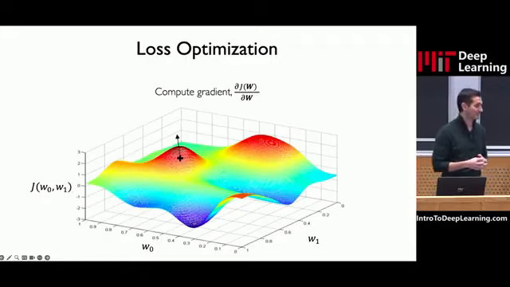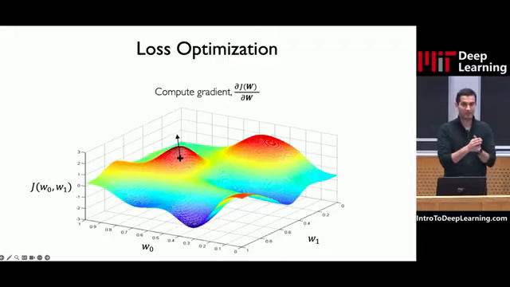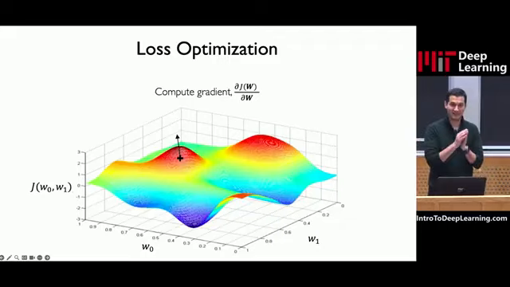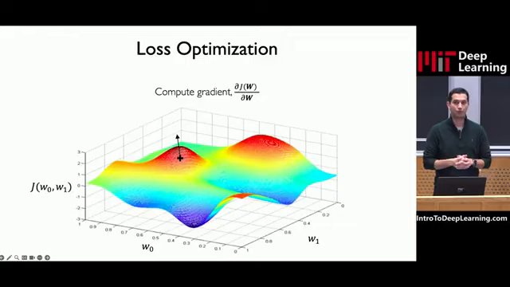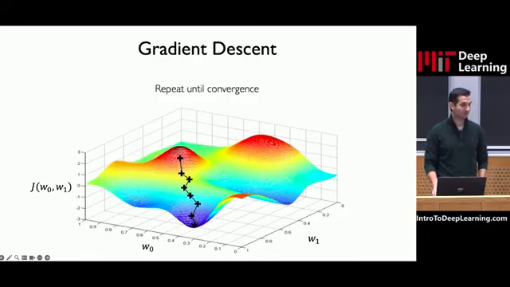The gradient tells us the direction of the slope at that location, right? It doesn't tell us the slope everywhere. It just tells us at this very local location which way is pointing up. But of course, we want to go down, so we actually take the negative of the gradient and take a small step down. And then we repeat this process. We compute the new gradient at the new point, and we take a negative step in the opposite direction of which way the gradient is pointing, until we finally get to the bottom.